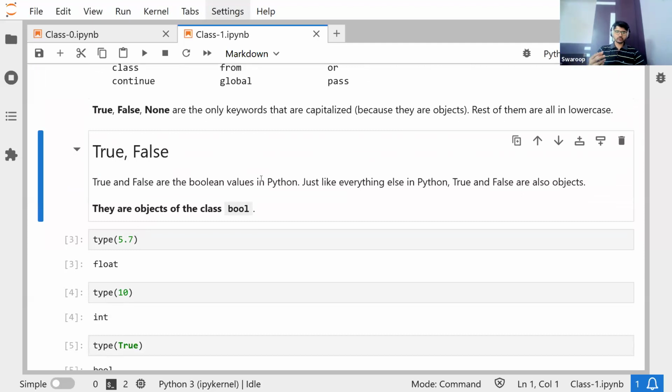So Boolean values are things that are outputs of logical operations. Logical operations are things where you ask conditions, right? Is this greater than 10? Is this less than 1,000? Is this equal to this other thing? So whenever you are doing that sort of a comparison, the output of that is what we call a